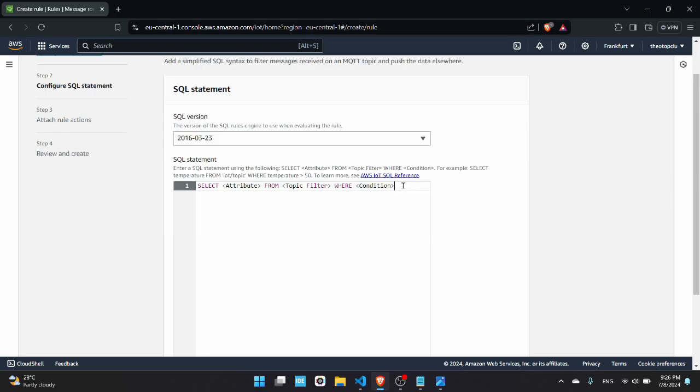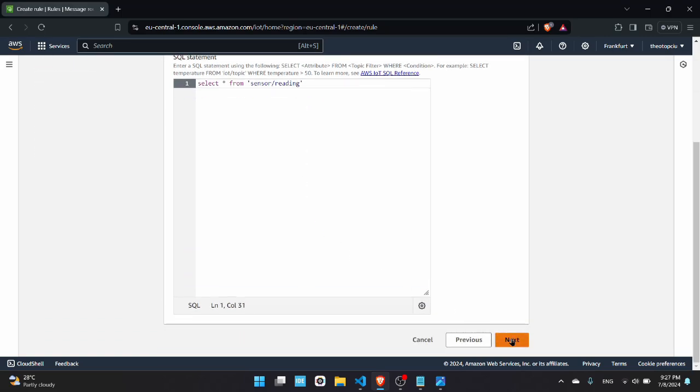Now you need to write a proper query. We have to select everything from the MQTT topic. So I'll say select everything from sensor/reading. Obviously, if you want to filter out the data, you could use other commands such as where and so on, but I'll use the simplest demonstration. Click next,